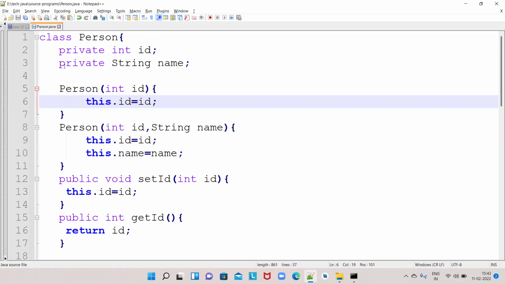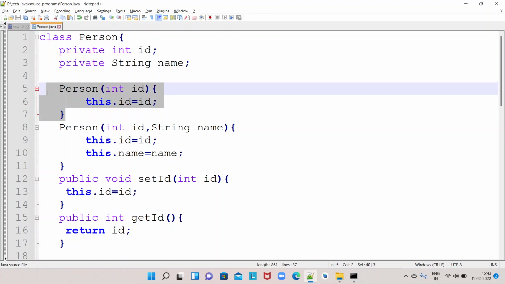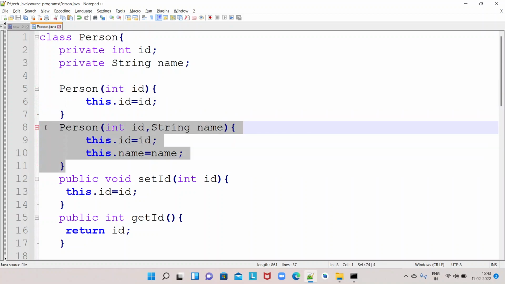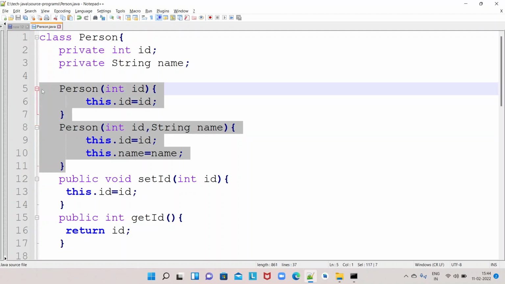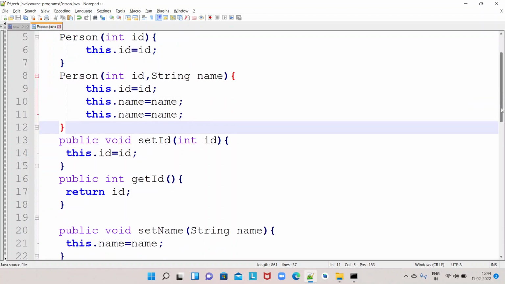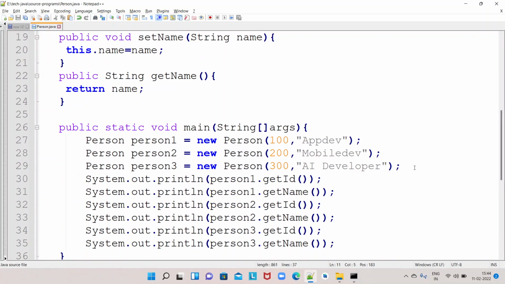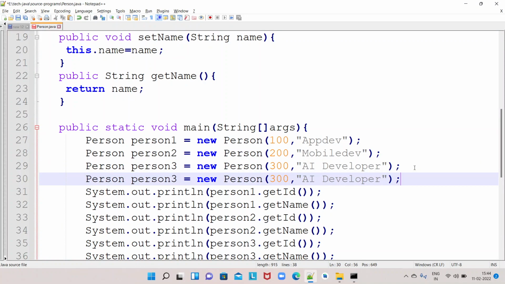See here, this class is currently having two kinds of constructors. This is a single parameter constructor. This is a two parameterized constructor. So this is called constructor overloading. Constructors will always have the same name, right? So constructors which differ in the number of parameters or the type of parameters are called constructor overloading. Say for example, in a scenario where I want to pass only